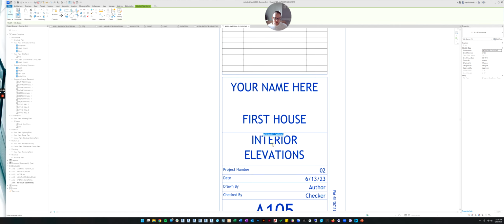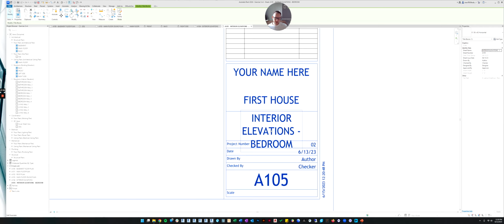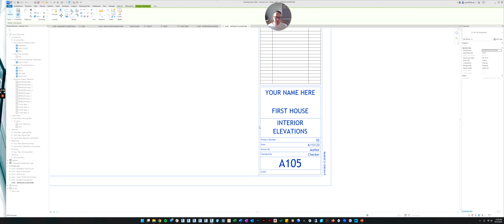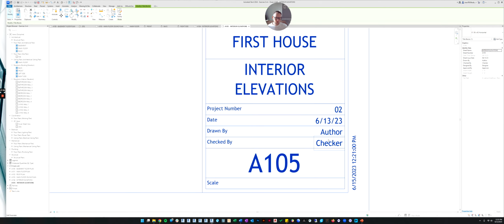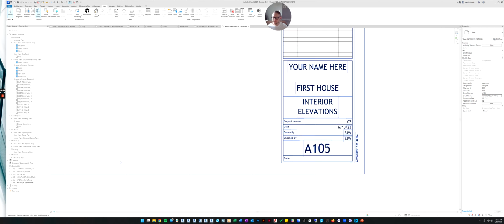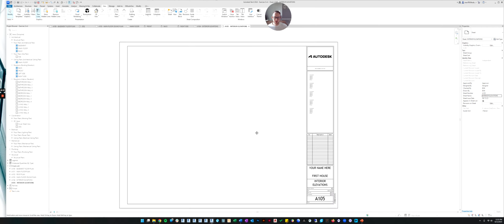Typically, what you like to do is you say interior elevations, and then you'll describe what ones are on the sheet. So I might put like bedroom. And in this case, the text is so big. Let's just leave it at interior elevations. In a professional environment, you'd fix this. This is way too big of text to be in the description, but we'll talk about editing title blocks later. So I'm going to fill out my title block, UW. All right, verify the numbers correct. For us, it's fine. We're just going in numerical order.